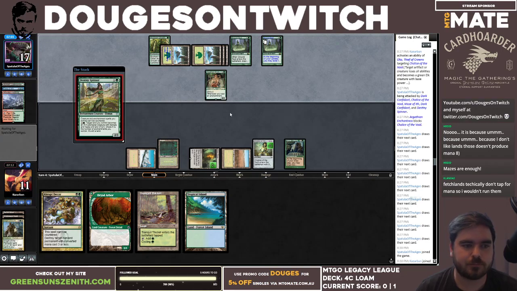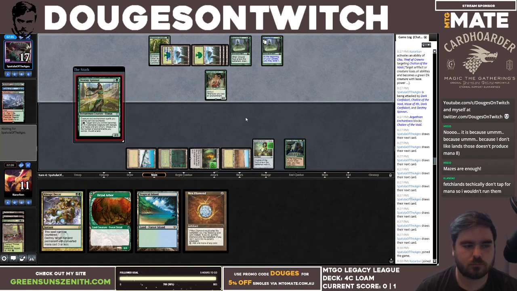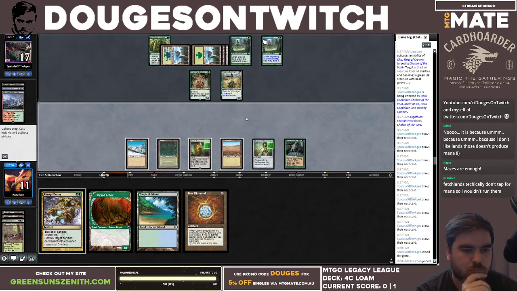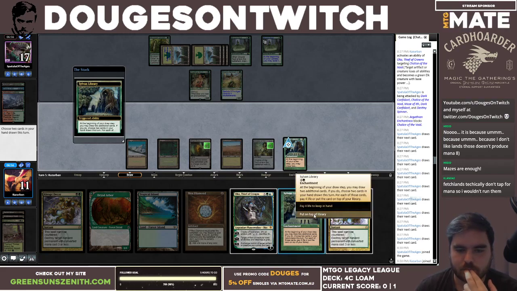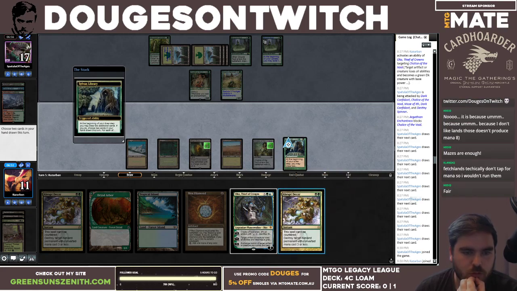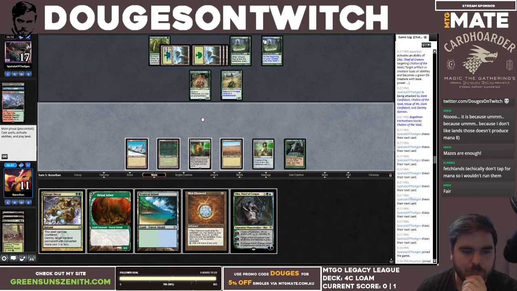Destiny Spinner, okay. Mox Diamond is not too bad. Oko is pretty nice. Sylvan Library, Abrupt Decay. Interesting. I'm going to put this on top. And then I think I'm just going to put this on top because this turn I can play the Oko and Abrupt Decay. If we play the Trop...